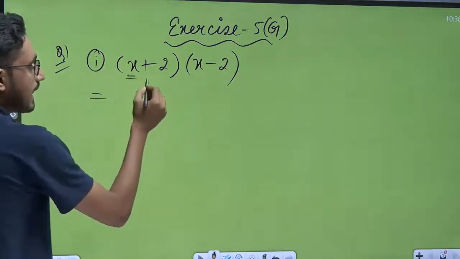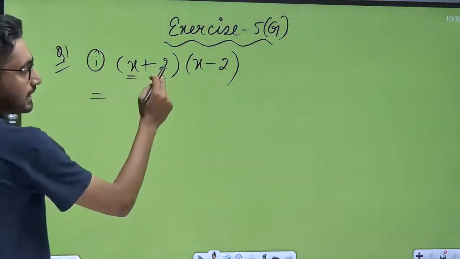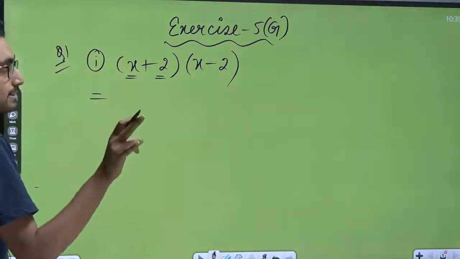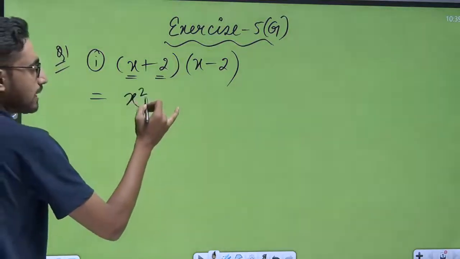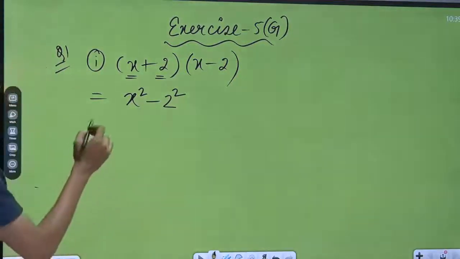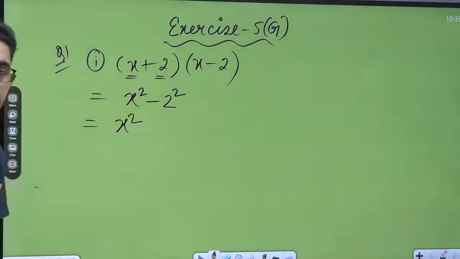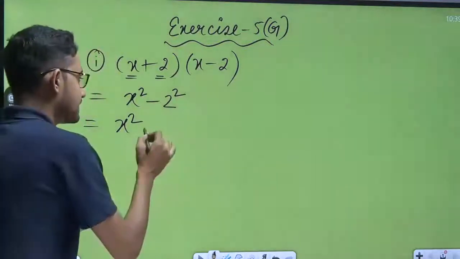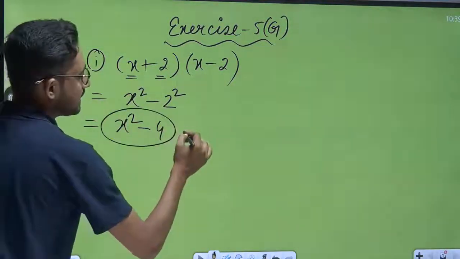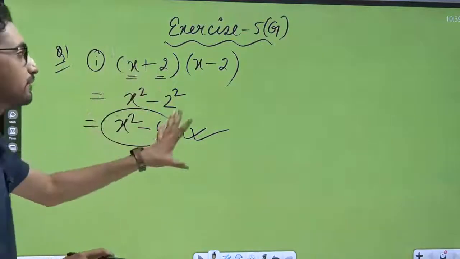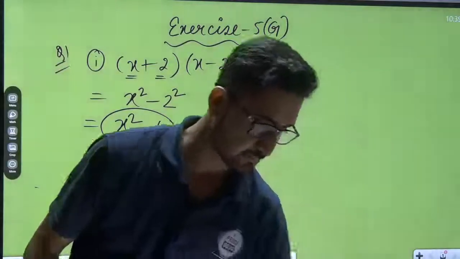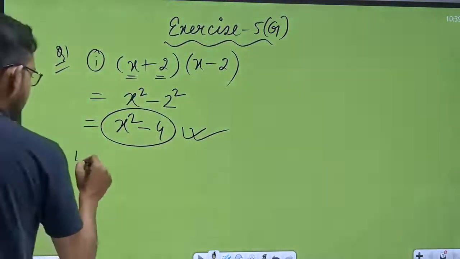Now see here, x plus 2 and x minus 2 is there, correct? So obviously we can say this is considered a and this is considered b. So a plus b and a minus b. What is the formula? A plus b, a minus b, that is a square minus b square. So write down here x square minus 2 square. But is that your complete answer? No, this is not your complete answer, because x square we can write as x square only, but minus write down as it is, and 2 square is equals to 4. Write down 2 square is equals to 4. That is your complete answer. Very, very easy question. Similarly we have to use that formula, and the same question, same answer will come out.